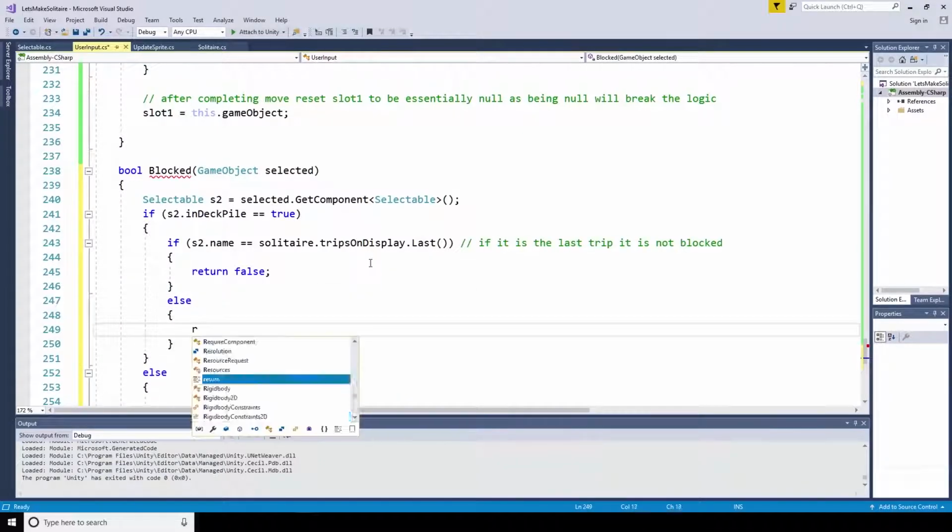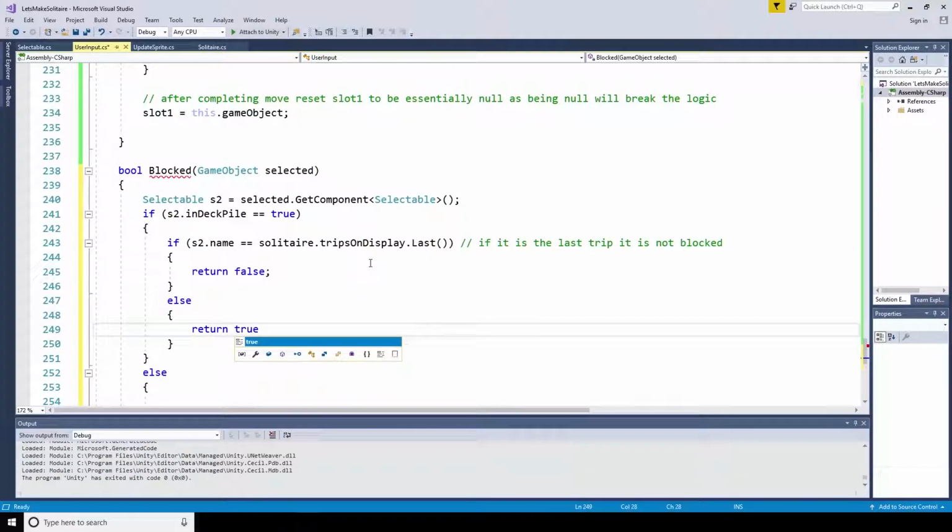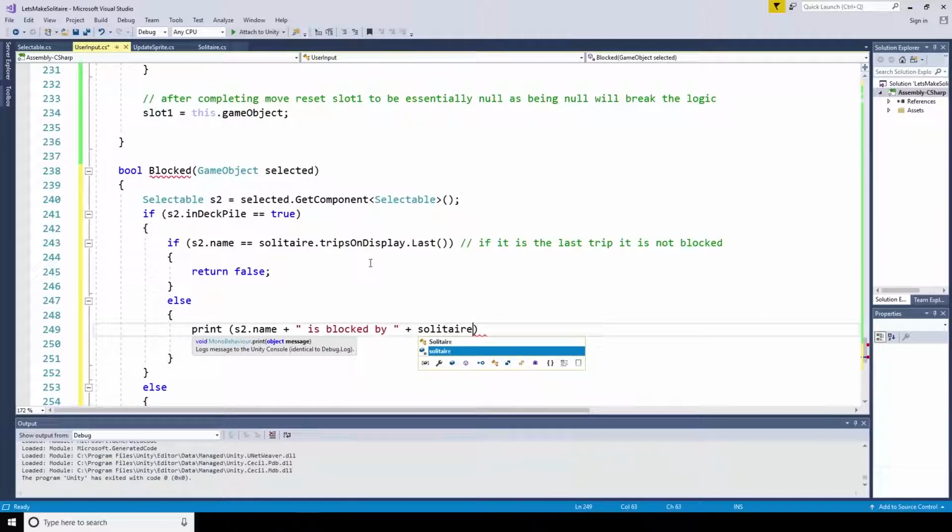Return false, else return true. I also want to print out to the console the name of the card that is blocking it, so I can make sure that everything is working nicely. Print s2.name plus "is blocked by" plus